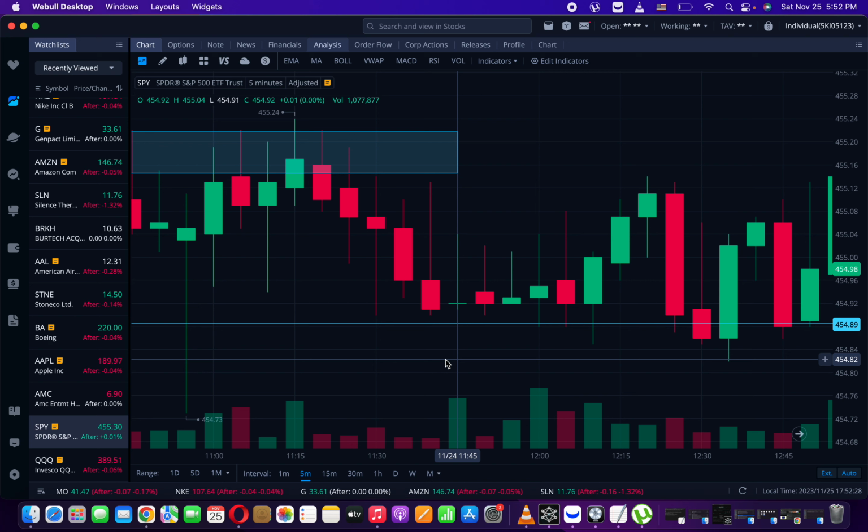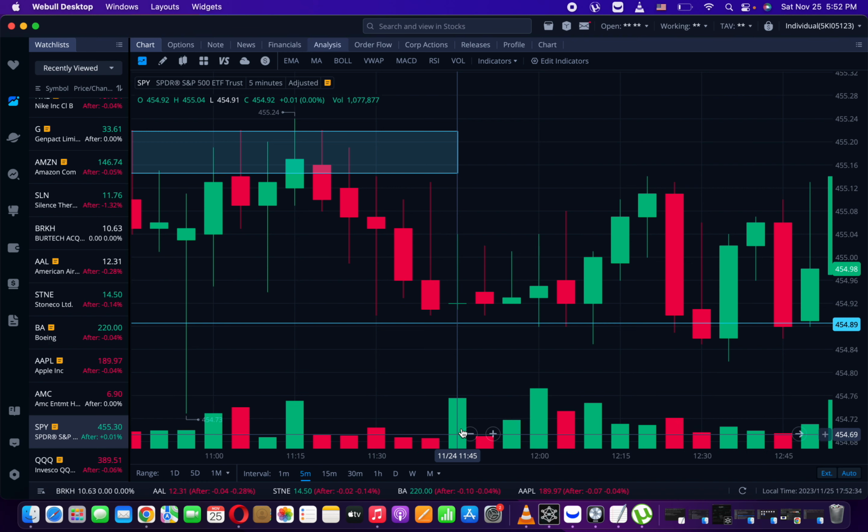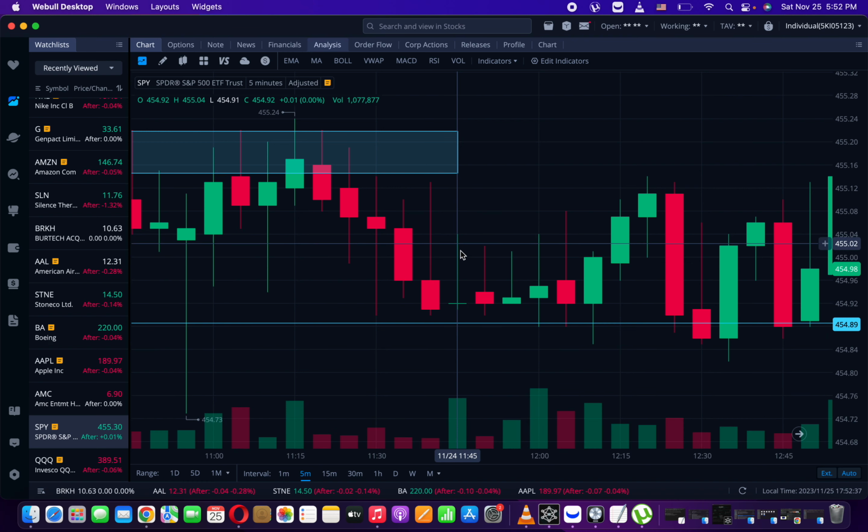Now, with this high volume and on a green candle, normally you'd see this type of volume at the top of a range, which would indicate a lot of passive selling pressure. Now, this being at the bottom of the range, with this amount of volume, there might have been some accumulation around this zone, but